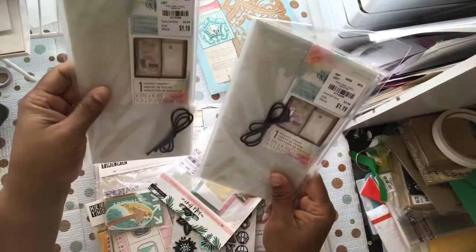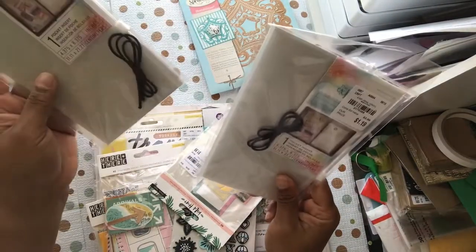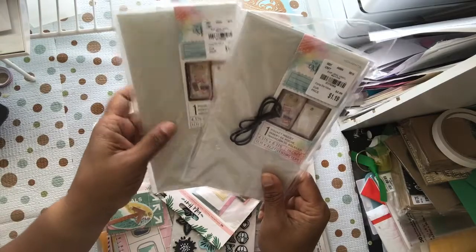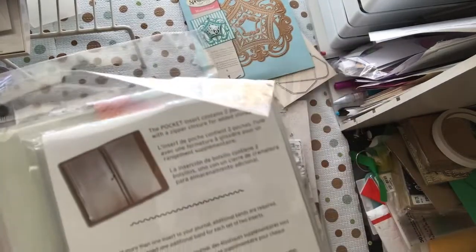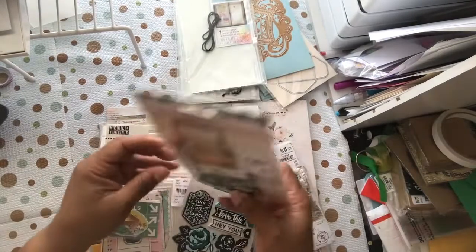Pick up two more of the insert pockets, which are really great price for $1.19. And these are 4.375 by 8.375. So these are just the clear pockets that you can put in your traveler's notebooks. So I got 2 of those. I did pick up